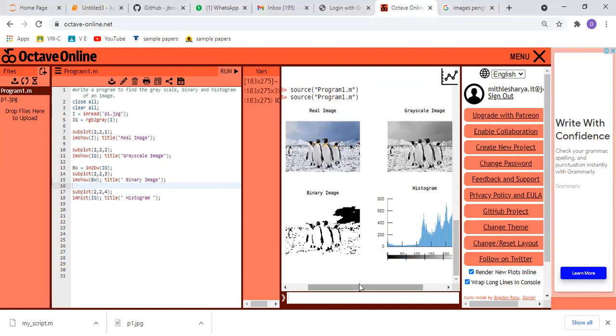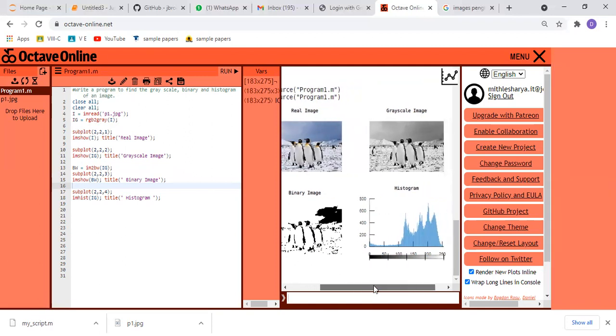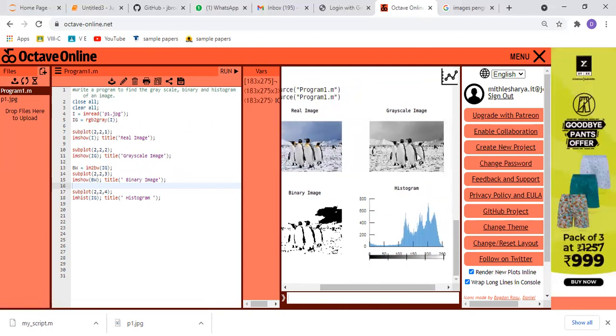Now you can see in this histogram, this is the histogram of this grayscale image. In the grayscale image, the level of black color is very low. That's why in the histogram, the intensity values varying from 0 to 50 or 0 to 100 are very low, because they show the dark or black color of the image.